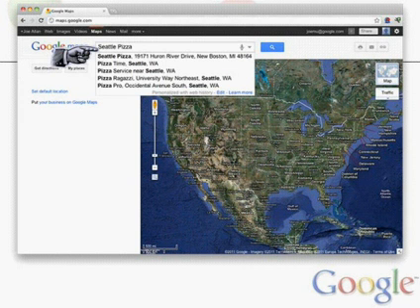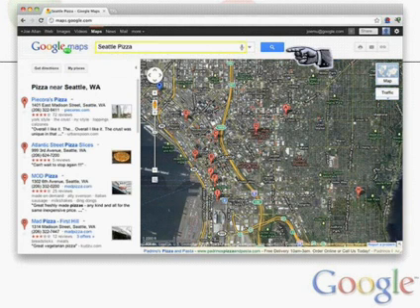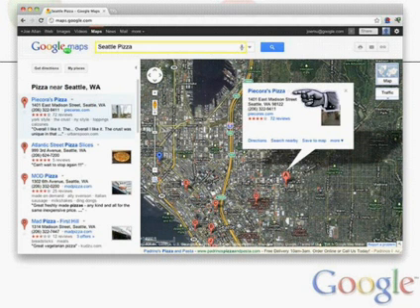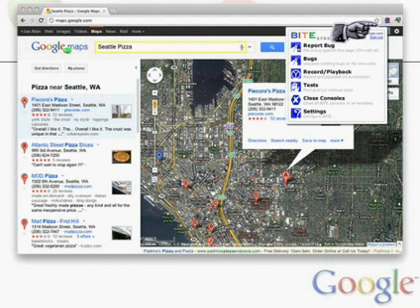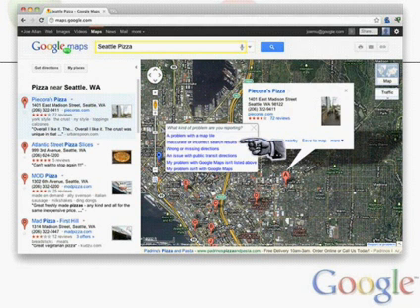So let's say you do a search for Seattle pizza and you get these results. And you click on one of them and you notice there's something wrong, right? Maybe the name is spelled wrong. If you want to report a bug, you click on this little icon at the top. Now, there is an experience that you can see based on Google feedback for the maps that we publicly do. I want to just remind you again, this is an internal bug reporting experience that only Google employees are seeing at this point. So you click on this, and you say you want to report a bug,